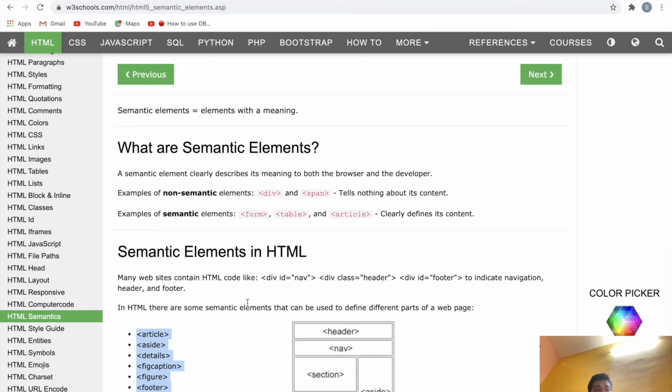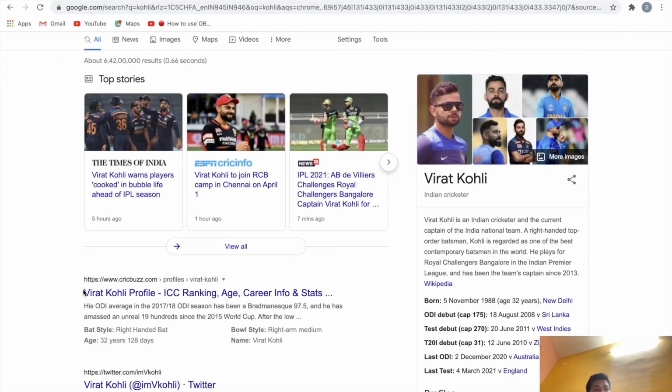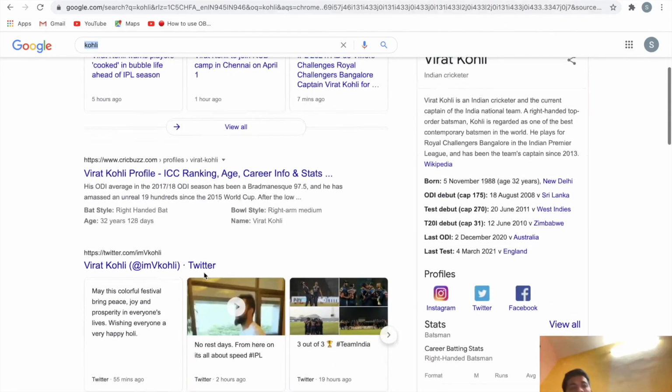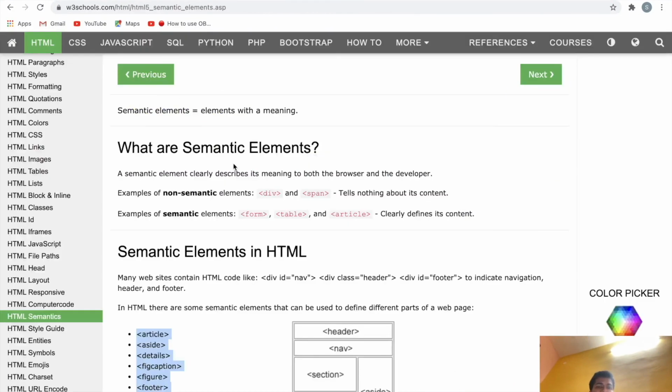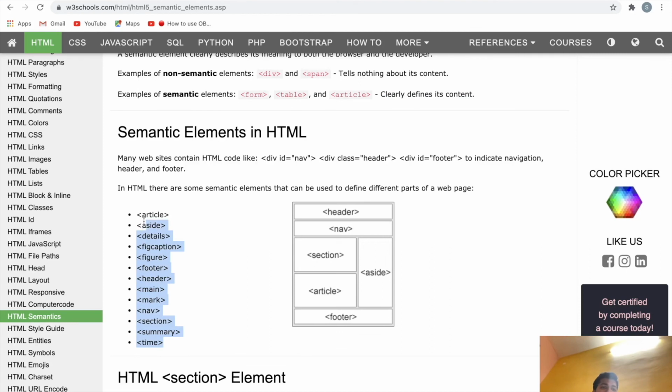So if we use semantic elements, there are chances your web page or website can come on top of the search results. So instead of non-semantic elements like div or span, we should try to use these semantic elements. These are the examples of semantic elements. Yeah, that is the use of semantic elements.